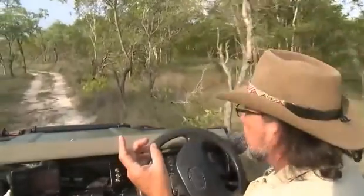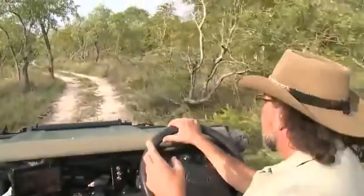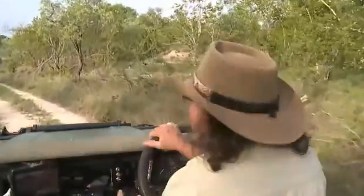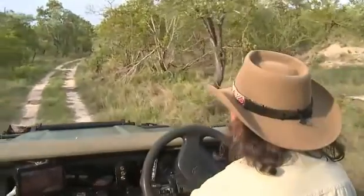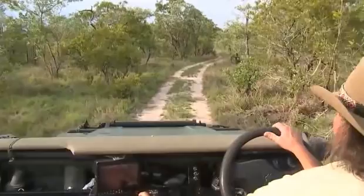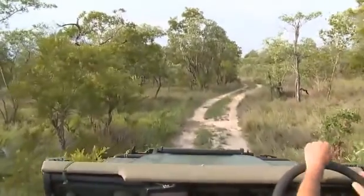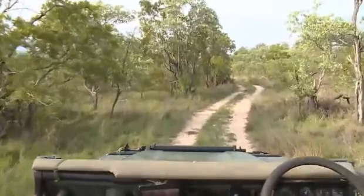Oh, we got some buffalo here. I hope you don't mind me talking about elephant while we're sitting with the buffalo. There's only one so far. I don't know if it's a group or a dugga boy. Can't be a lone cow. Could be really unusual. Oh, I see two trotting off. Actually, they're not very social, are they? Well, they're heading in the direction we're going. We might see them. But what was interesting is that this particular elephant